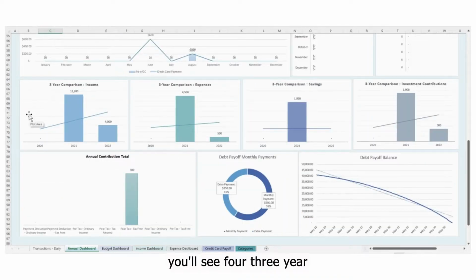So right here, you'll see 3-year comparison charts. One for income, one for expenses, one for savings, and one for investment contributions. Now keep in mind that these graphs will pull the information from the Transactions Daily tab. So if you don't have information in there for the prior 2 years, it's not going to be able to